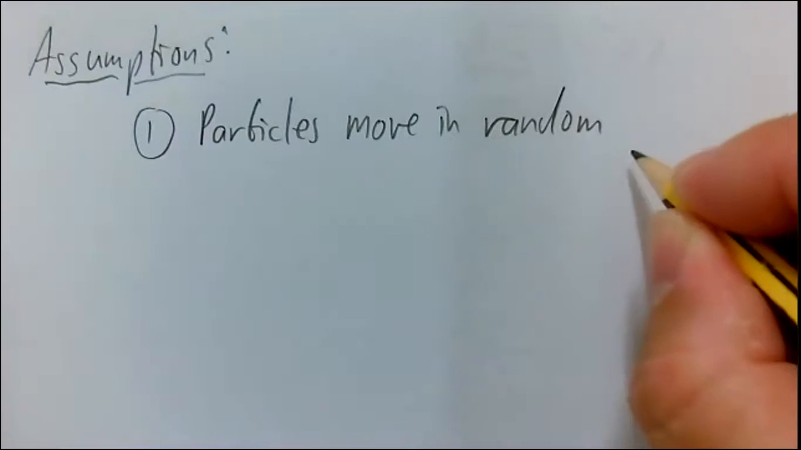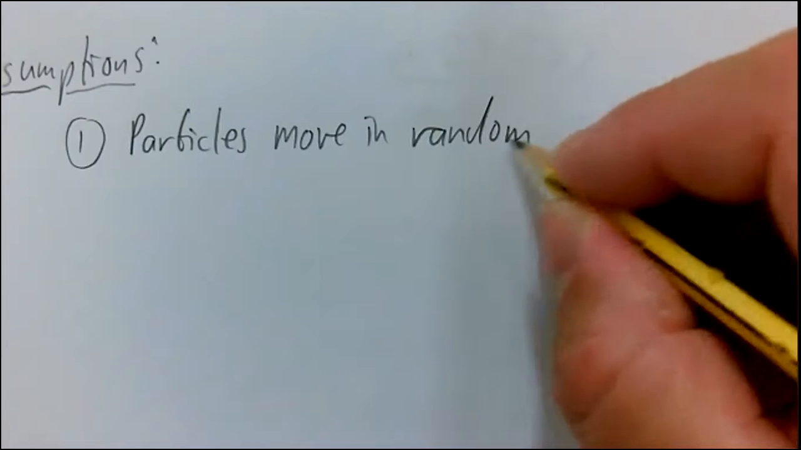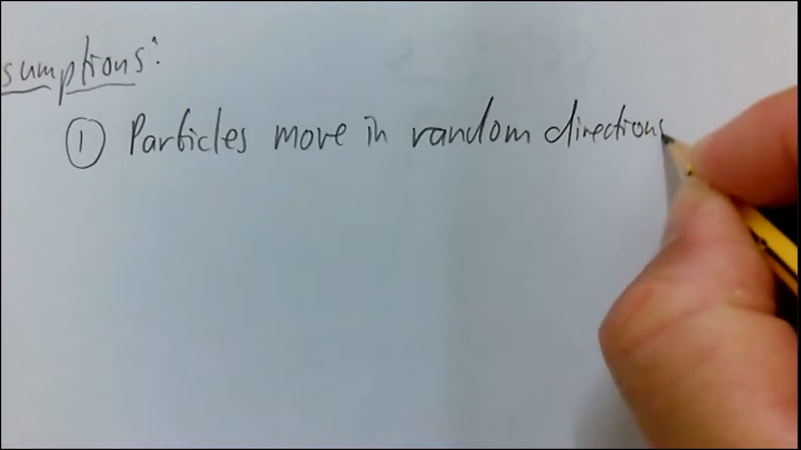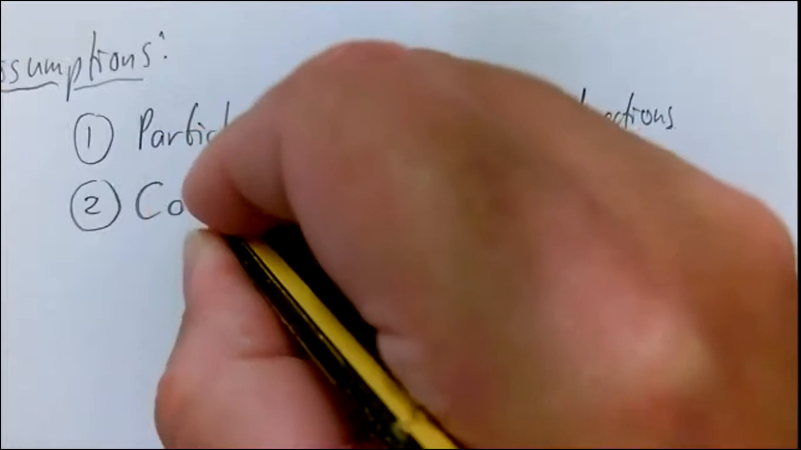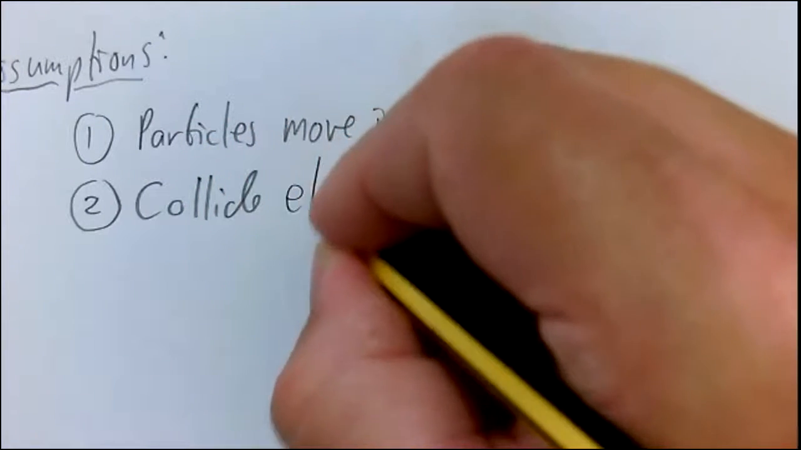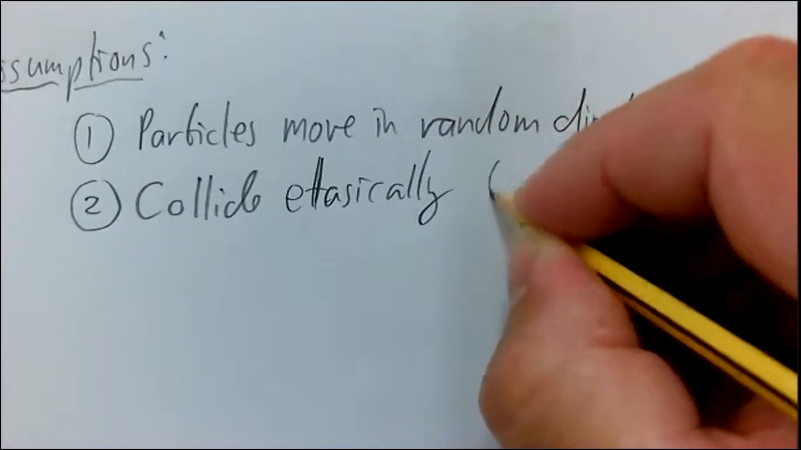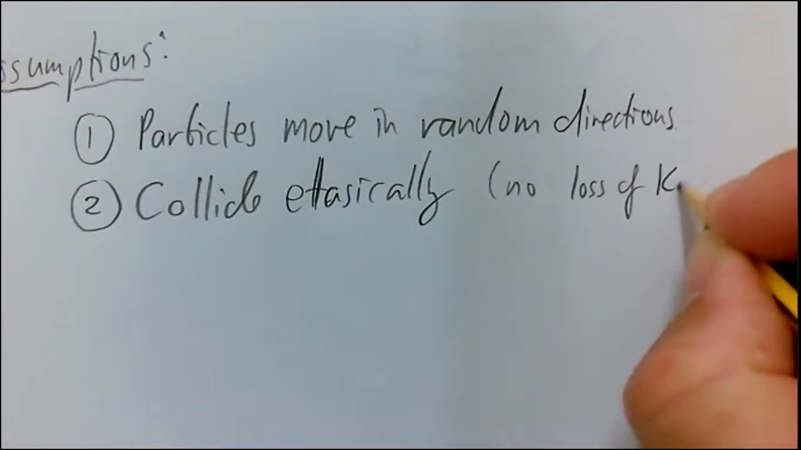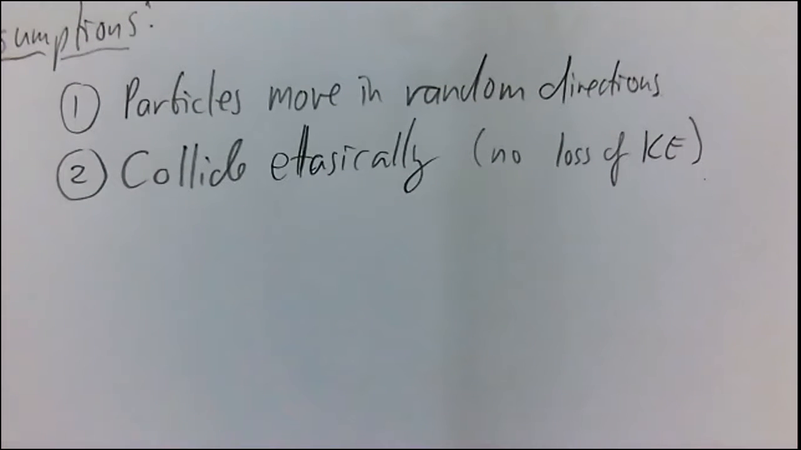So the motion is random. Remember, that's proven by Brownian motion. We're going to assume that those particles will collide. So we assume the particles collide elastically. So in other words, there's no loss of kinetic energy. If we think about it, that makes a lot of sense, because otherwise,